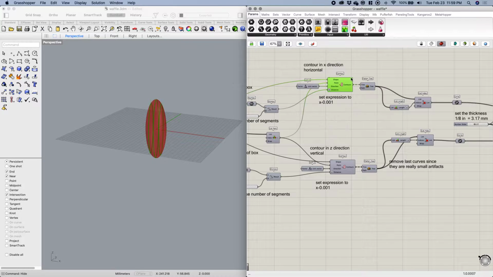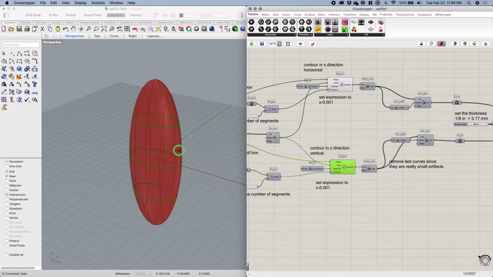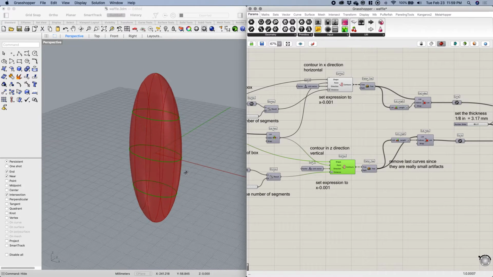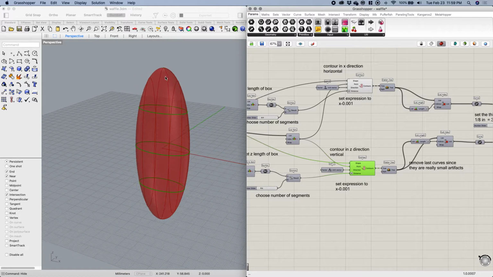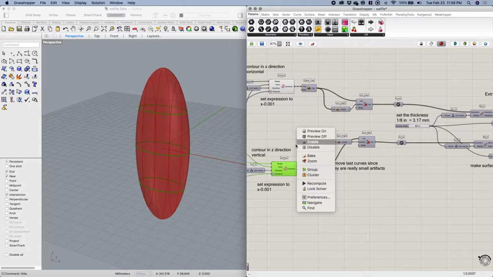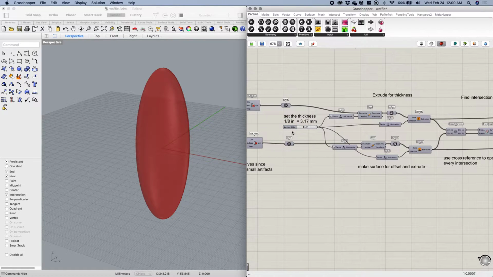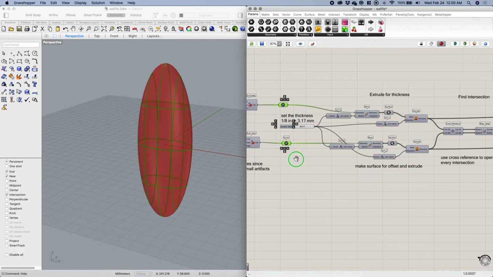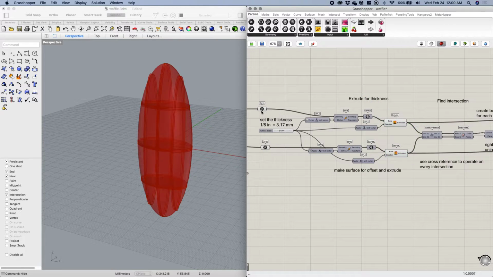And then I go on to making contours. Contouring is essential for this process. You want to make sure you can specify enough contours that represent the shape in a way that makes sense. So once I have contours, and I can specify any number of contours to do this, once I have contours like that, I can go about creating extrusions